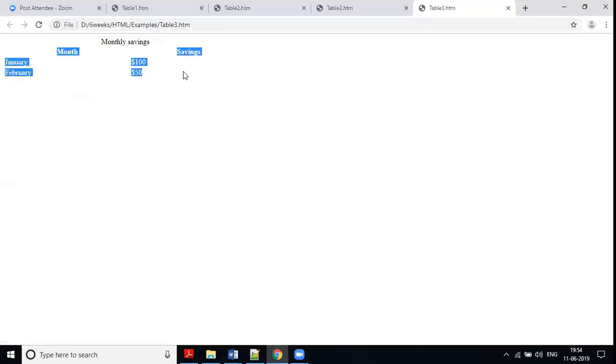After that, the normal table we have seen will be shown. The caption will be here, according to your table, so that everyone can be clear what the table is actually about. I have seen the monthly saving in January. I have seen the $100 for